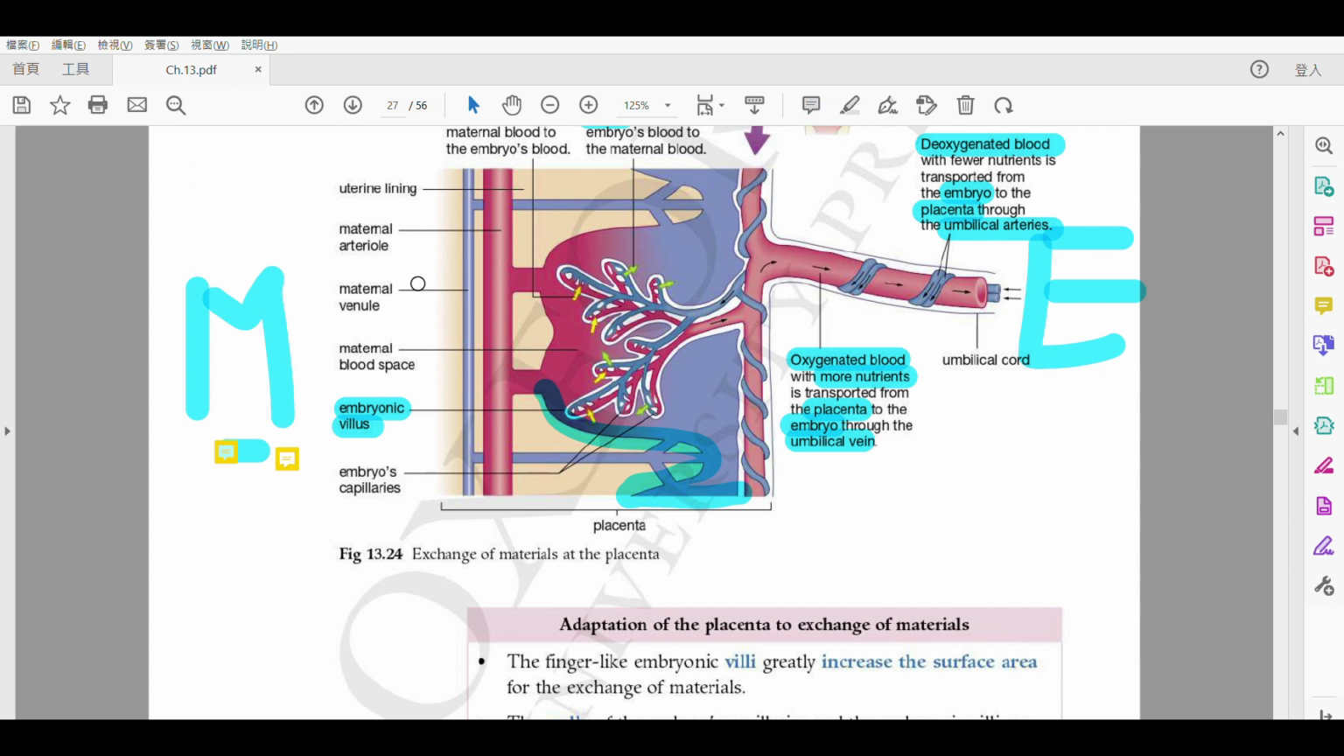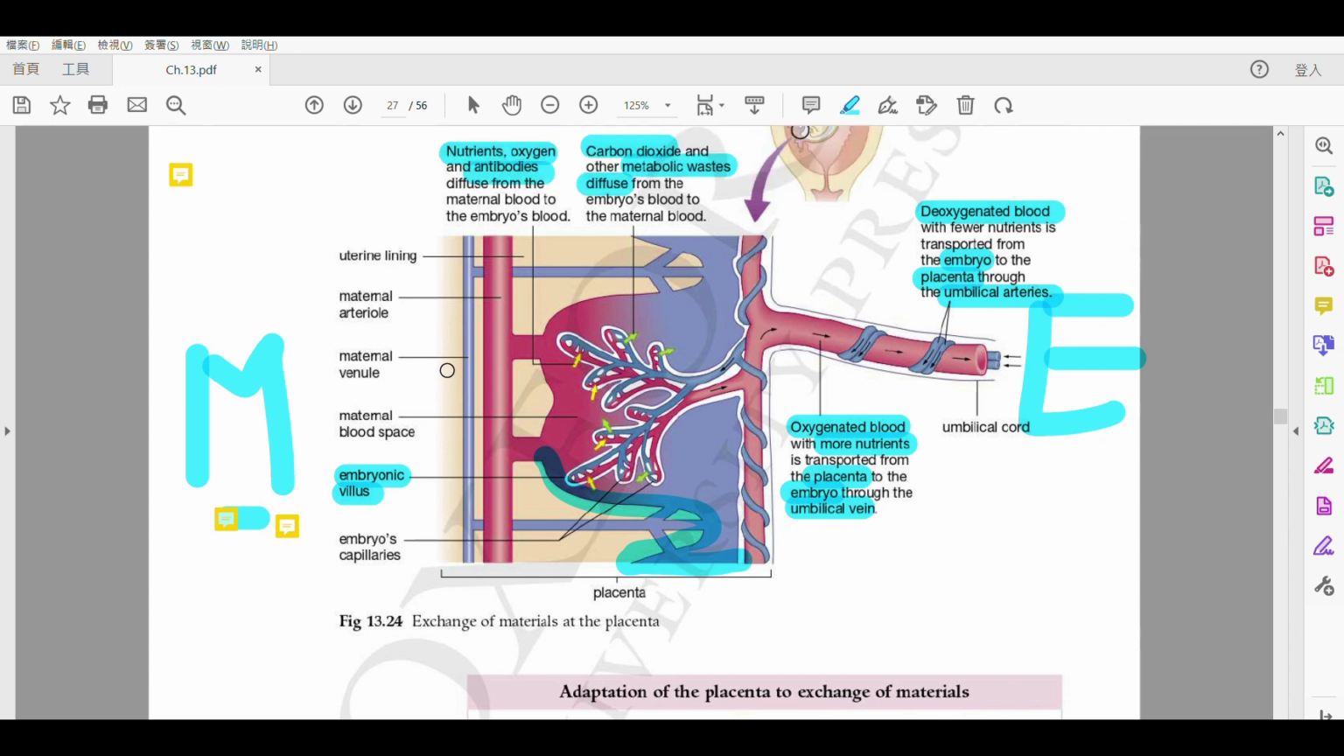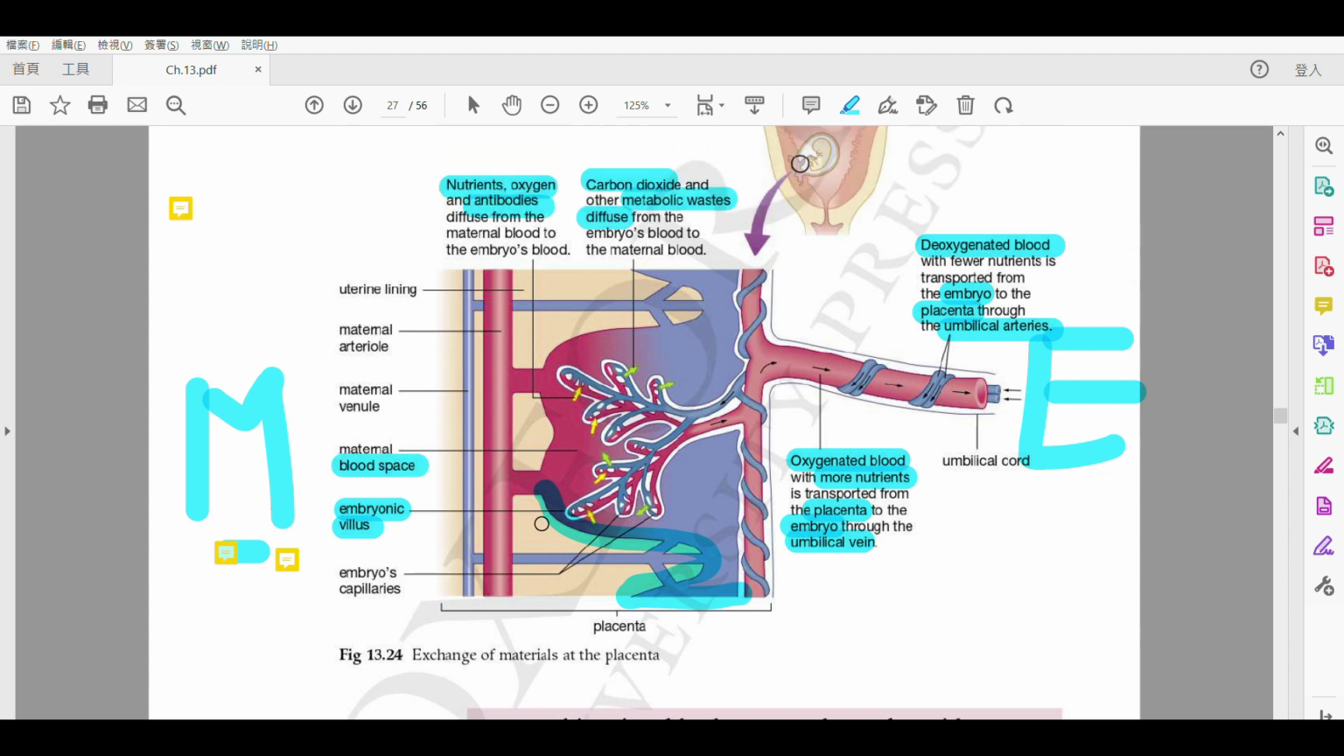好，最尾啦 as I said earlier in the previous video, this is the blood space， 係一個血腔啦。Okay, and you can see that this one is the mother's 嘅 venule 啦。venule 即係代表小靜脈啦。And this one is the mother 嘅 arteriole 係小動脈啦。Alright, so these are not the capillaries from the mother. Okay, so these are the venule and the arteriole. Okay, 最尾一樣嘢啦就係一個 uterine 嘅 lining 啦。